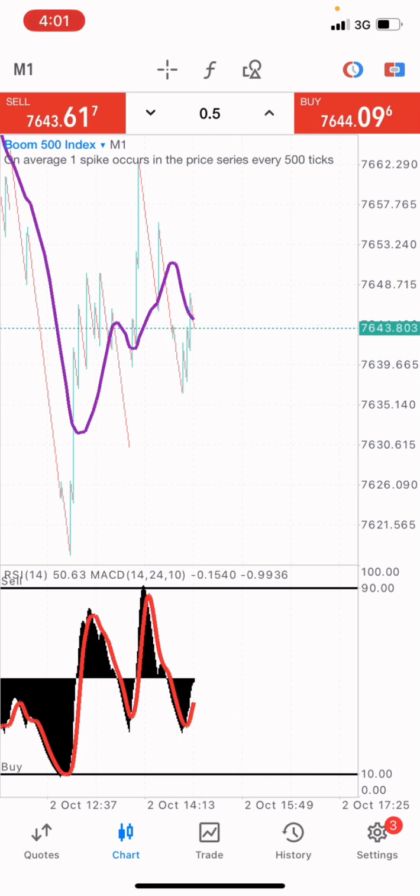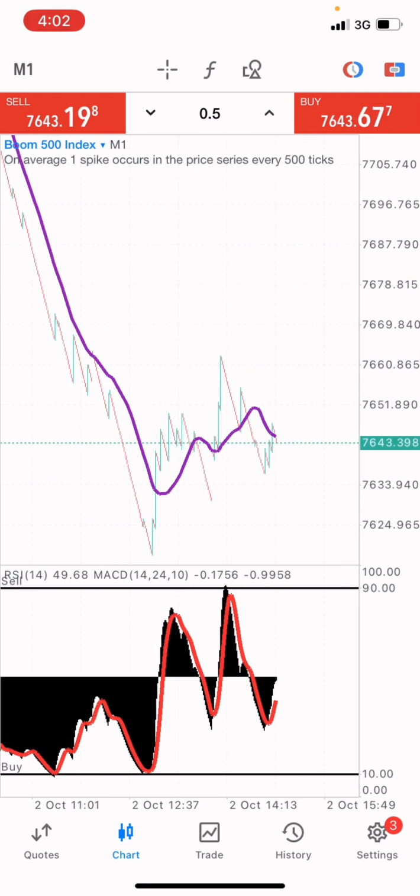So you might not know if the spike that's going to enter into the market is small or big. But the spike will always come. Once the spike comes in, if it's big, then you have made that profit. If it's small, you have also made that profit. So no matter how small or big the spike is, the profit is the profit. I hope you understand what I've said to you guys.